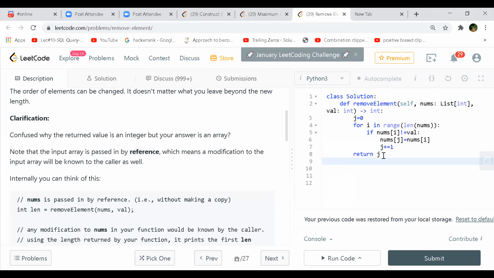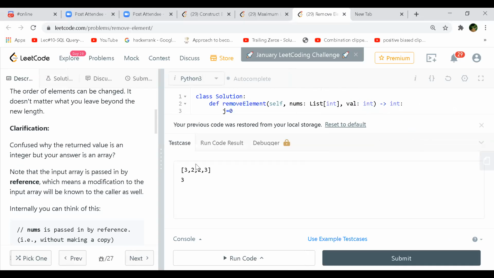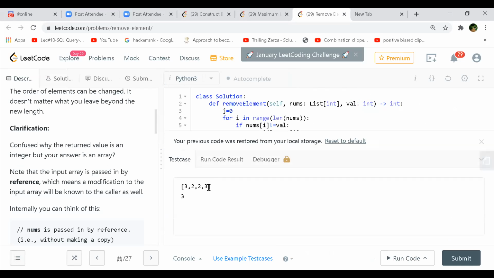Can you write in the console instead of just typing here? Yeah, so we just quickly run that. In the test case, you'll have to run it in the console. So write your array, and instead of just removing all the 3s, 3 2 3, everything. Then you write 1 after 3: 1 2 6 9 5 1 3. And then you are removing 3. Let's see what it says.